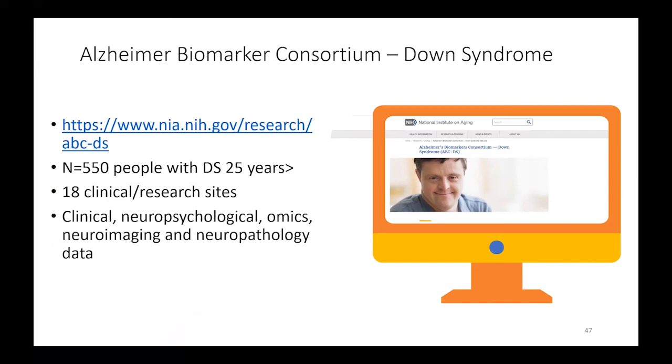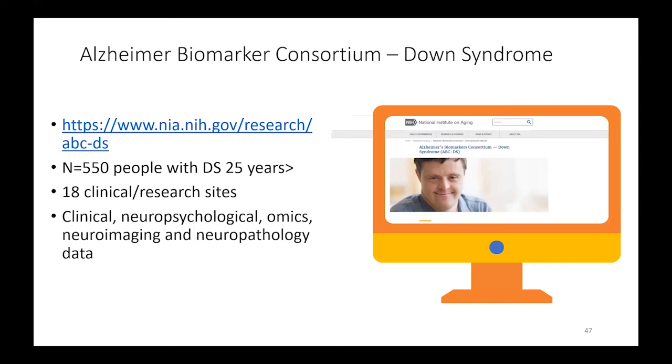And in this study, we bring people in every 16 months for a clinical examination, for a neuropsychological exam. And we pull blood, and also, if people are willing, we also collect CSF samples. There's extensive neuroimaging in terms of PET, tau, and amyloid, and also MR, lots of outcome measures with MRI. And of those people who consent to brain donation, and we're trying to encourage people to think about this a bit more, we'll follow that up with neuropathology data when the time comes.